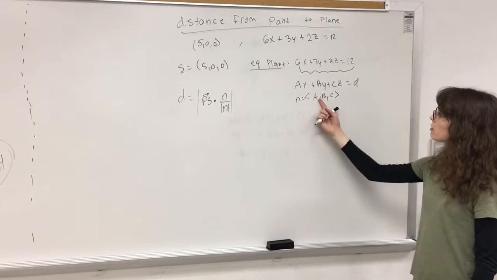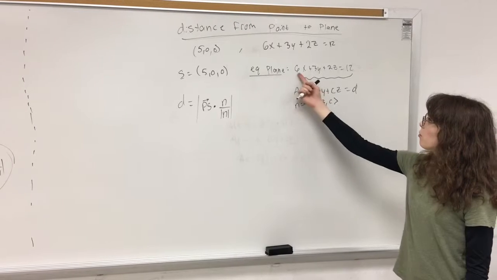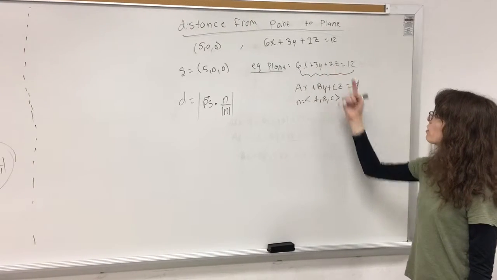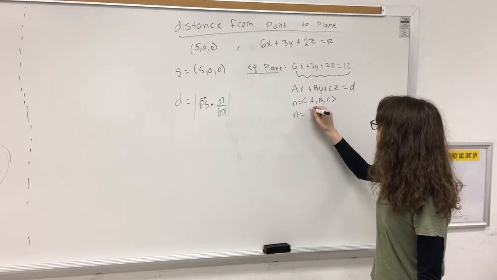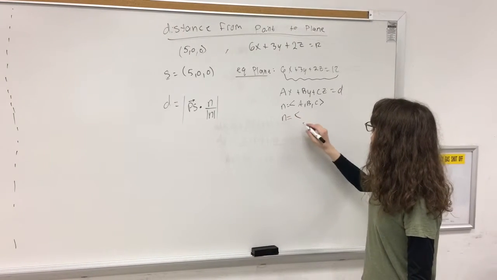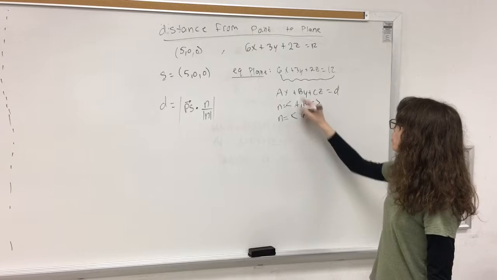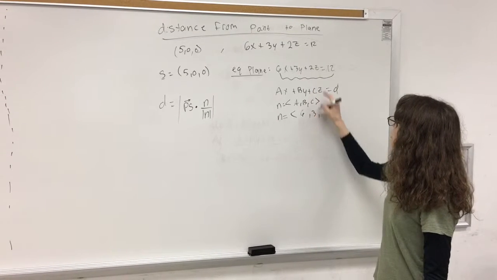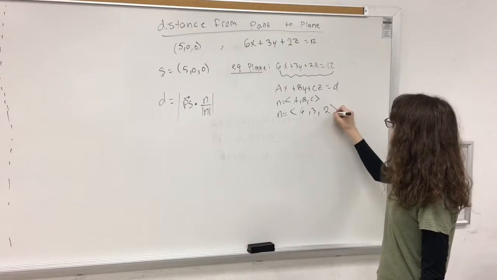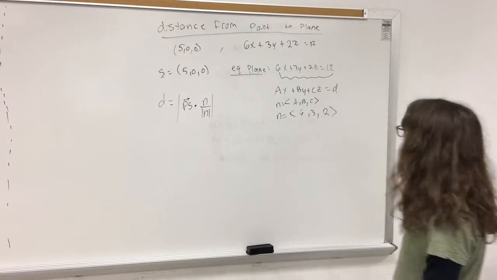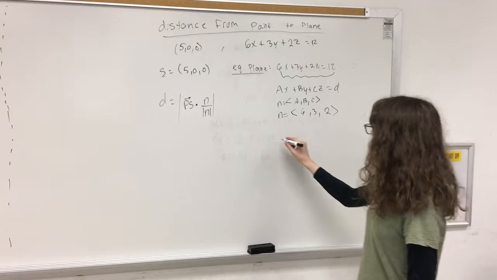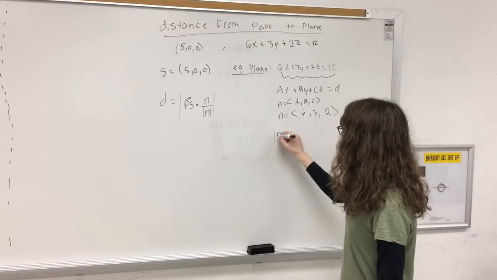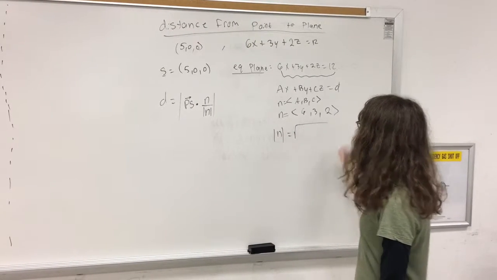So because this is our normal vector, pulling the coefficients off of these variables here, we can find that our normal vector, I'll write that in vector notation, is actually equal to 6, 3, and 2. Okay, so we have our normal vector now, and we can find the magnitude of this. So let's see, the magnitude of N would be